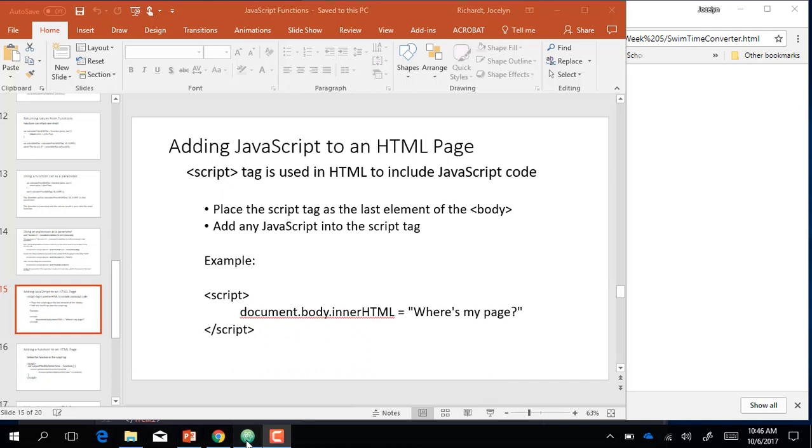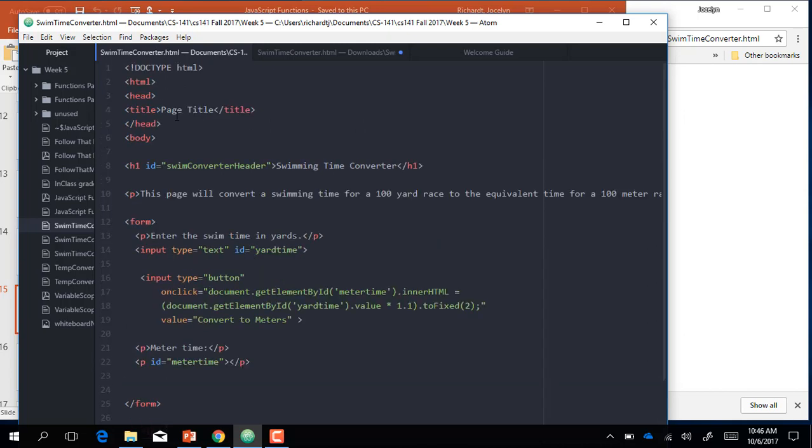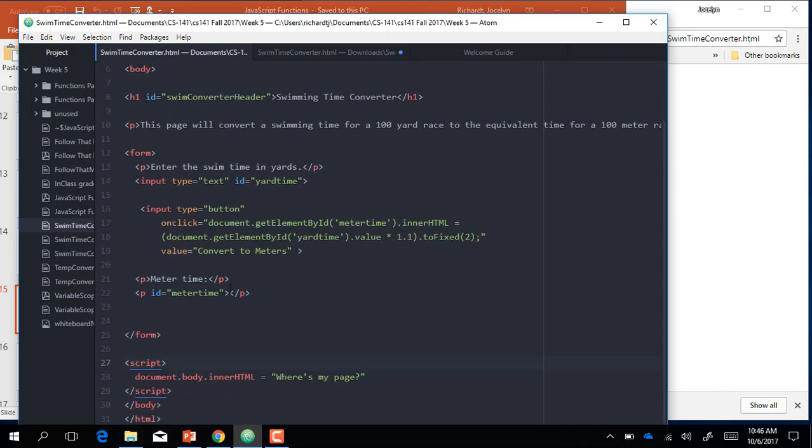Here we have my HTML page for my swim time converter. I have my header telling us that it's the swim time converter, the paragraph explaining what it does, the labels and the input and the button. And then down in my script tag I say execute the code